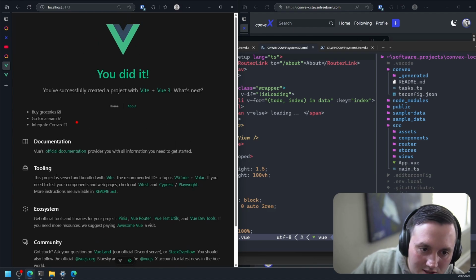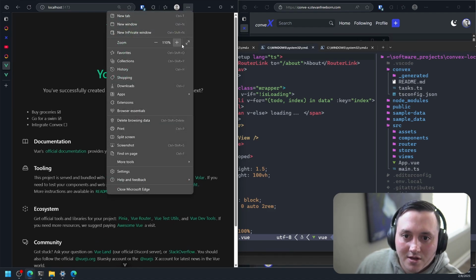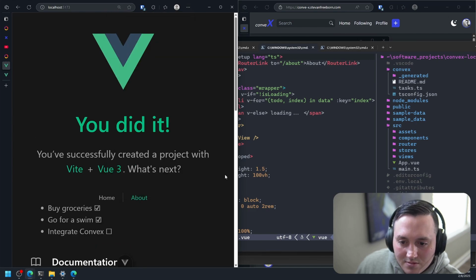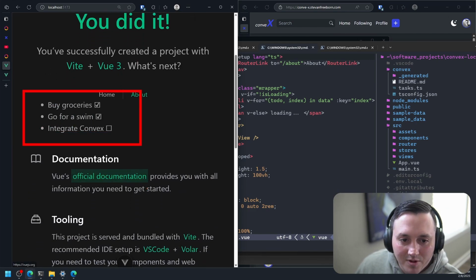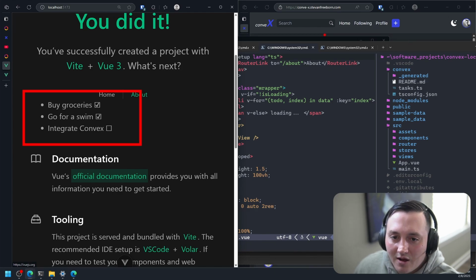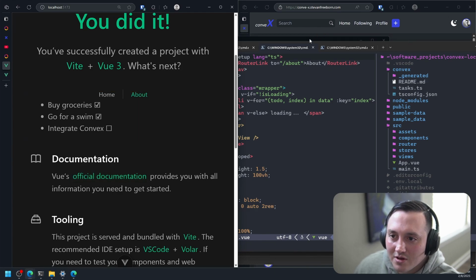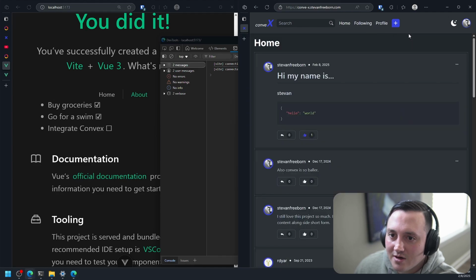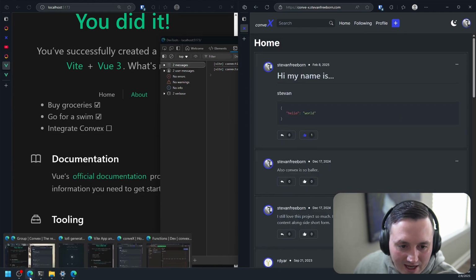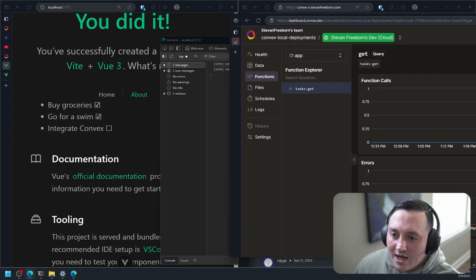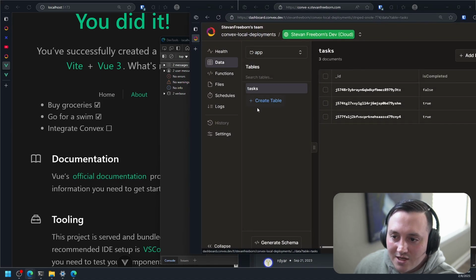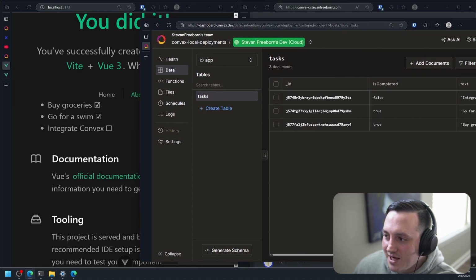It's kind of hard to see. Let me make this a little bigger. So now you can see my lists, or my tasks, are being rendered out right here. Now, the cool thing about Convex, the thing I was trying to show earlier, and this probably drives it home a little better, is if I go to my dashboard and I change something in my database, right? So imagine I'm not actually manipulating my database. Imagine this is a user making a request to update a task or something, right?